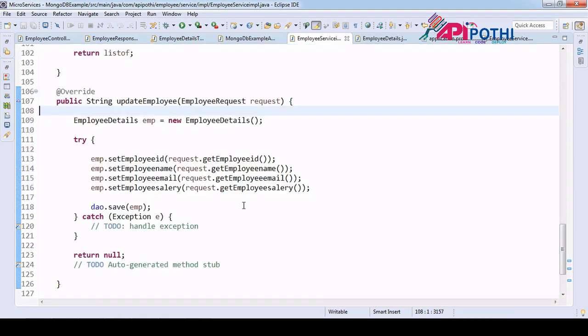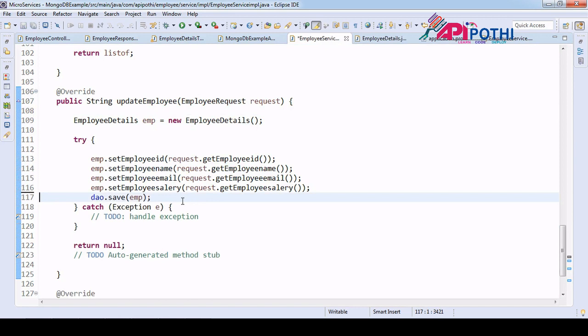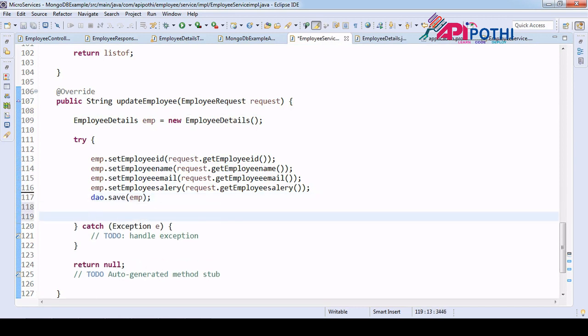Okay, so yeah, data got saved here. Okay, so if it got saved, then we don't have to do anything. What we will do is